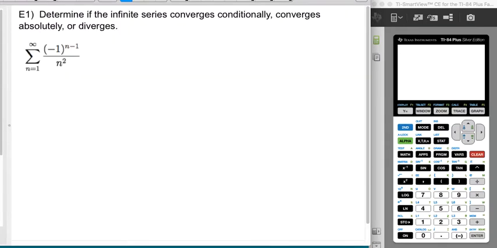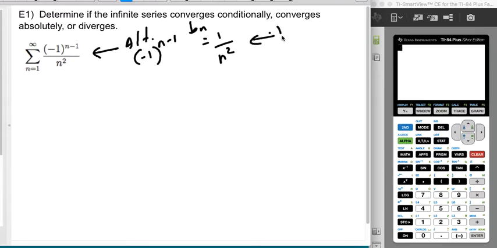So let's go ahead and walk through this. As you get better at this, you can start to do it without actually doing a lot of tests. I can look at this and realize that it converges absolutely. Here's why. The alternating version converges, right? So the alternating (-1)^(n-1) has the b sub n term 1 over n squared, right? So this definitely converges as an alternating series because b sub n is decreasing. As the n values get bigger, you're going to get smaller and smaller fractions, and b sub n is approaching 0. So the alternating series converges, but the absolute value of this thing